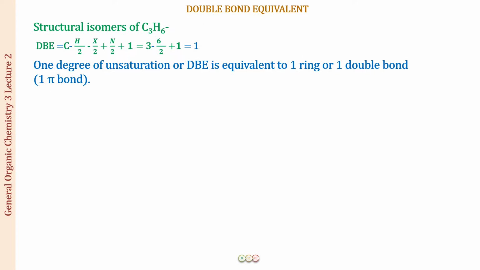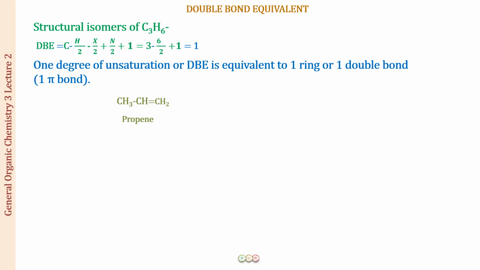Now, how do we understand this? First of all, propene, I think this is very easy for you to understand. CH3, CH, CH2. One double bond present. If you count the number of carbons, it is going to be 3 carbons. If you count the number of hydrogens, this is 6 hydrogens, right? So C3H6, this is one isomer, and you can see that there is one double bond present, and the DBE value also tells us that there is one double bond present. Now, why is one double bond equal to one ring? This is one thing that you should understand very well.